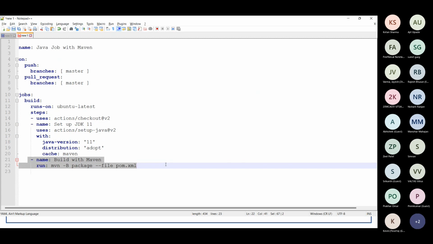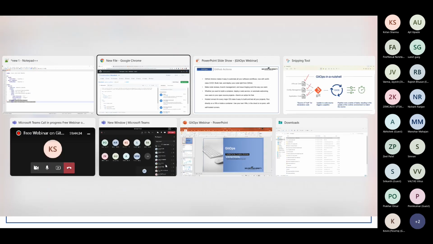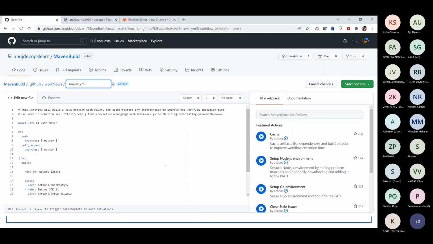Now, the main question which may come up in your mind is from where we are getting the steps. Because if you're going to do it for the first time, you're going to find it very difficult to understand how things happen there. We don't have to worry about it. Of course, we are using a product over here, so you don't have much scope for customization. Whatever solutions are provided by GitHub, you have to use in the same way.